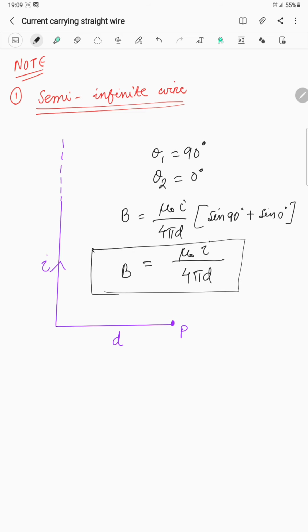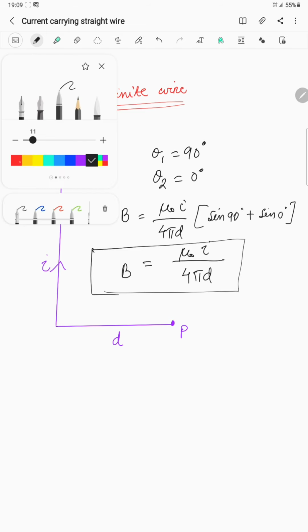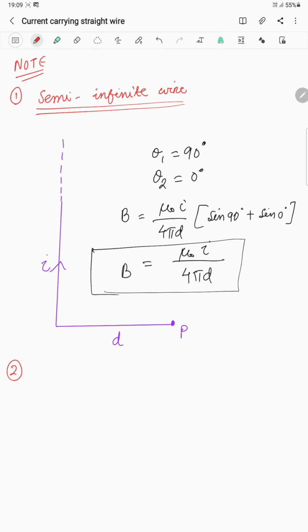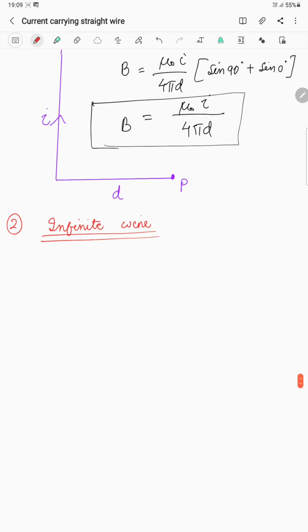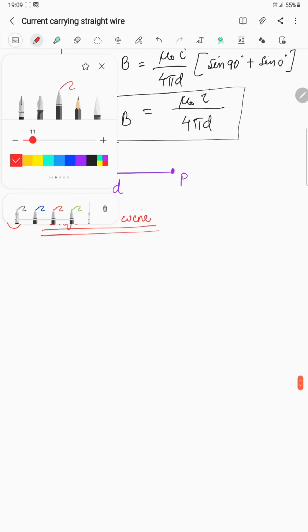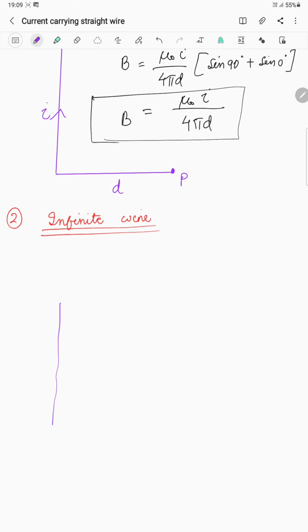Now what is the second case? In the second case, we will go for an infinite wire. When we go for an infinite wire, let's see. The second one is your infinite wire. So infinite wire means what? Here it is extended towards infinity on both sides. That means you will have a current carrying wire like this, and it is extended here also, right? Then I have got a point P. From that I will draw a perpendicular. So this is the point P here. Followed, the current is in this manner, I.